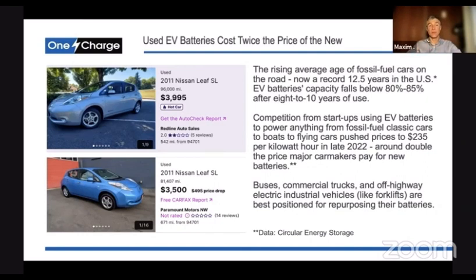Unlike EVs, the businesses are using their batteries for a certain amount of time, and then they prefer to buy the new ones. And that's understandable because the capacities and capabilities of this equipment have to match the exact criteria. So businesses cannot allow to use the equipment with a diminished capacity, even by 25%. So that's not acceptable. They have to keep up the standards of productivity and efficiency. So the batteries will be replaced with new. So this is the main source of used batteries for these companies which plan to use